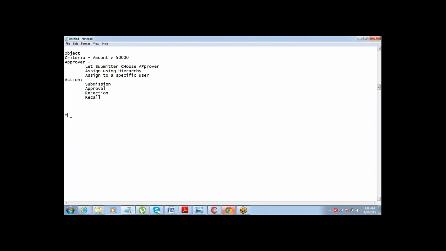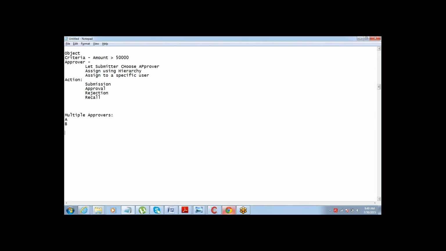All right. Now, the next concept, a simple concept, is of multiple approvers. What if I have multiple approvers? So far, we are talking about one approver. When there are multiple approvers, you can have two situations. Let's say there are two approvers, A and B, for a certain record.